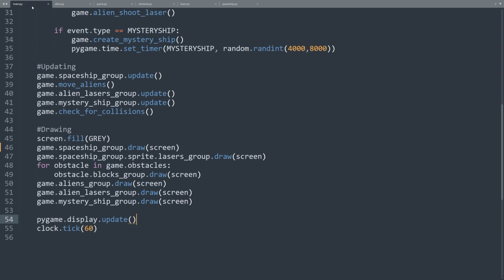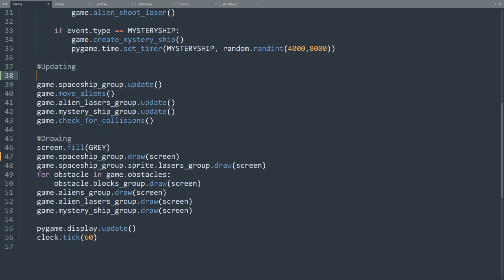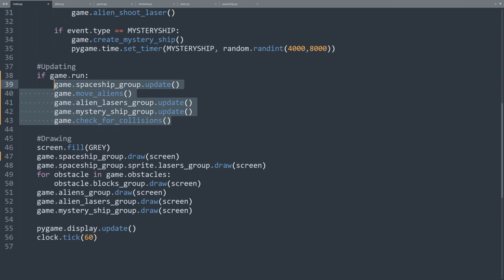Now let's go to the main file and use this attribute to stop the game from running when the game is over. In the game loop, when the game has stopped, we have to stop updating the positions of the game objects. We need the game to freeze, so we add the following if statement, if game.run colon. If the game runs, we need to update the positions of all the objects.